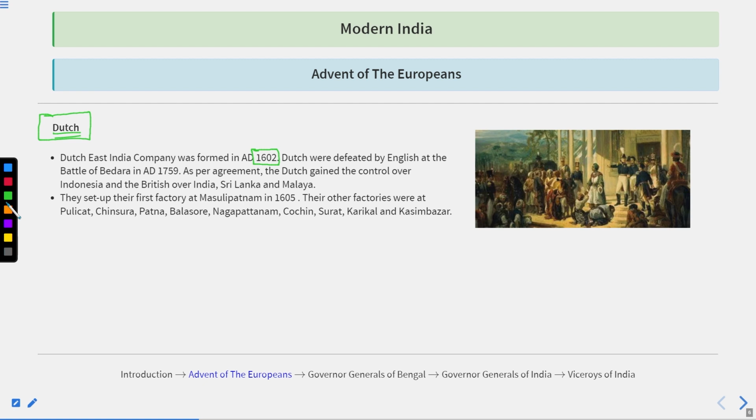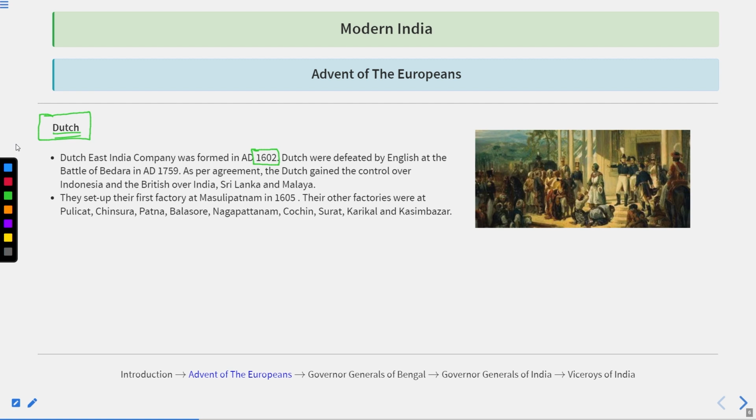after spreading their rule and administration in the southern and central part of India, they had got on good terms with the Mughal rulers also. And we know the Mughals had the largest empire in the country at that time. So from the Mughals, they had gotten help for their trade. The Portuguese established themselves as the single European trading power in India. The Dutch succeeded in replacing the Portuguese as the main European trading power and established themselves in their place.